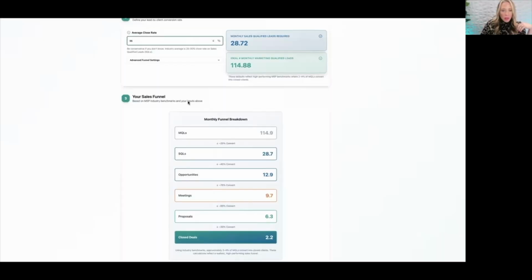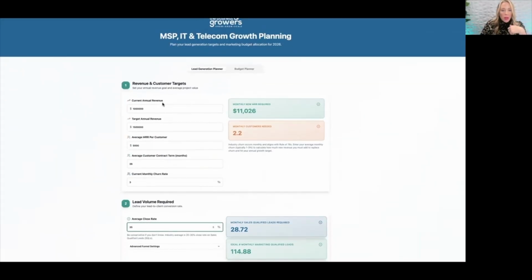As we get started, we really need to know our numbers and back into our numbers. One of my favorite tools is the calculator tool that we created, that both internally and with our clients we're able to use to help plan the year. So I'm going to share my screen real quick, make sure all of us can see. Okay, you can find this at